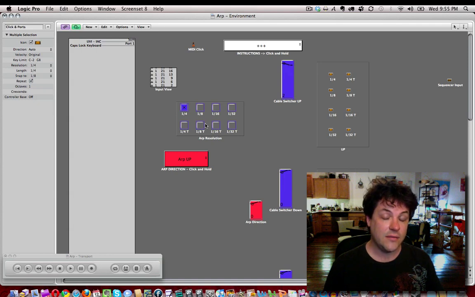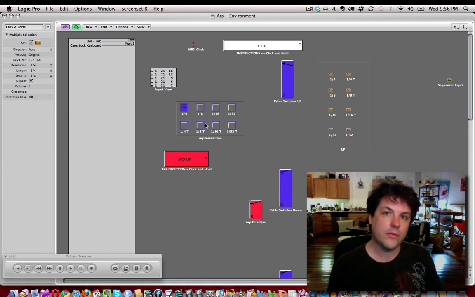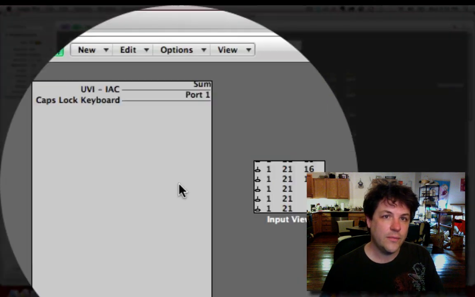But in the environment window, I can actually use a type of transform that happens in real time. So, for a lot of you out there who have Axioms or Axiom Pros, videos on the way, I know, the Axiom 61 gives you the ability to set the range of a fader or set the range of a rotary knob. Here I've got my old clunky, but still very operational one. If I'm sending continuous controller 21 from a rotary knob, the rotary knob has a throw of 0 to 127. So what do I do? Well, I go New,